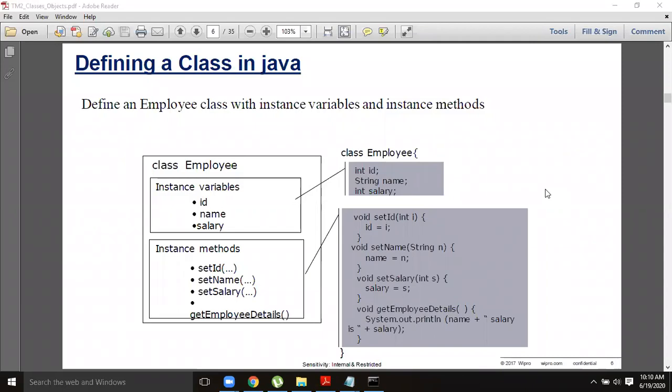Just look at the chat also. Chat is available at the top, sir, in the first option on the right side, for the questions purpose.